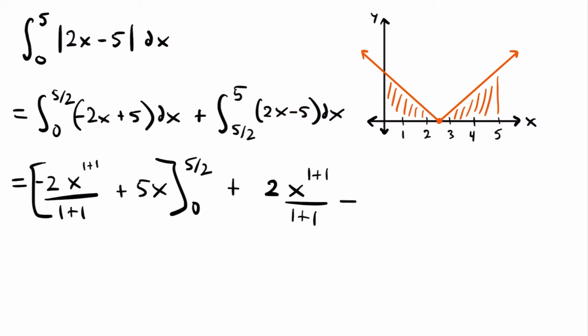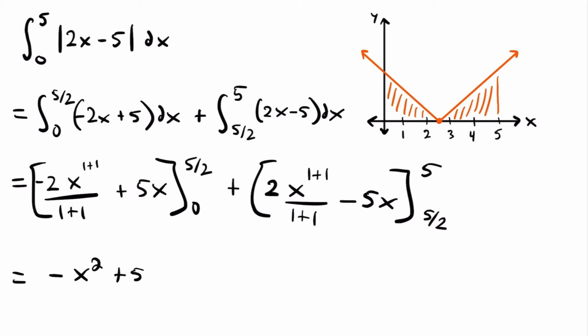And so we will have minus 5 times x, and all of that will be evaluated from 5 halves to 5. Okay, and so then if we simplify, 1 plus 1 is just equal to 2, and so this 2 in the denominator will cancel out with this 2 in the numerator, and so we'll have that this is equal to negative x squared plus 5x, and that is still going to be evaluated from 0 to 5 halves, and